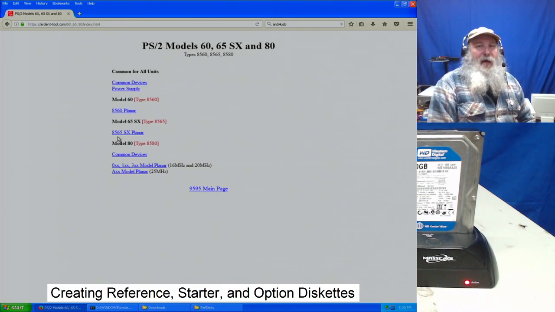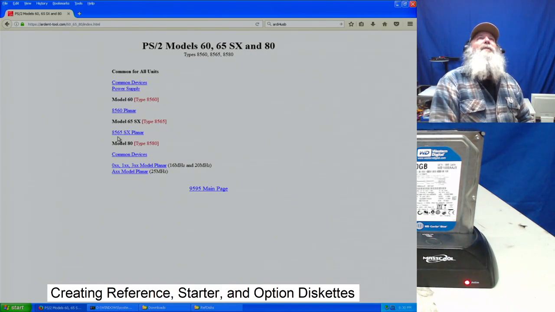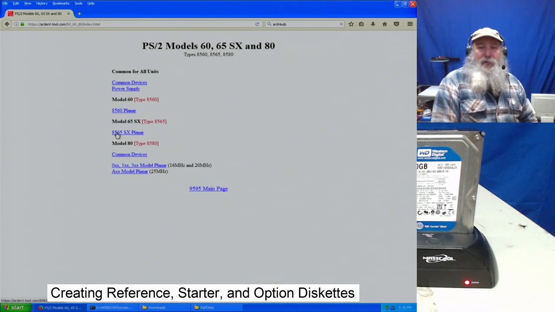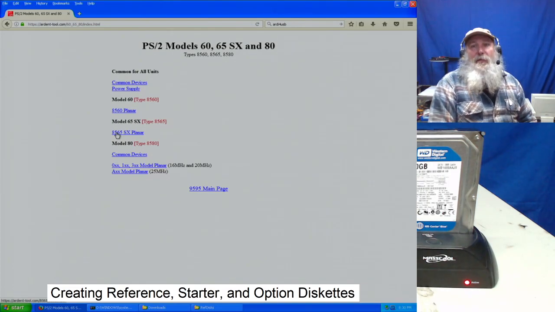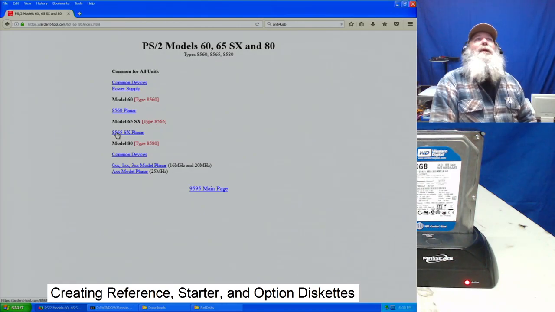The 65SX is part of the paired models that the reference diskette covers, that model 55SX as well as the 65SX. So once I've drilled into those tower systems of the Model 60, the Model 65SX, and Model 80 that are all in that common tower case, I'm going to click on the